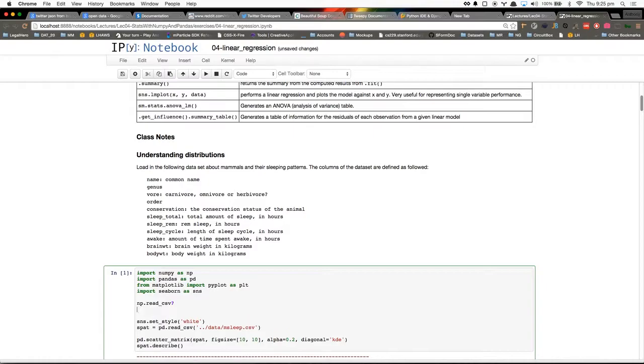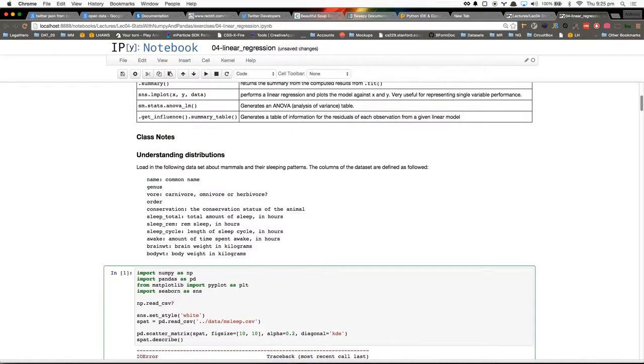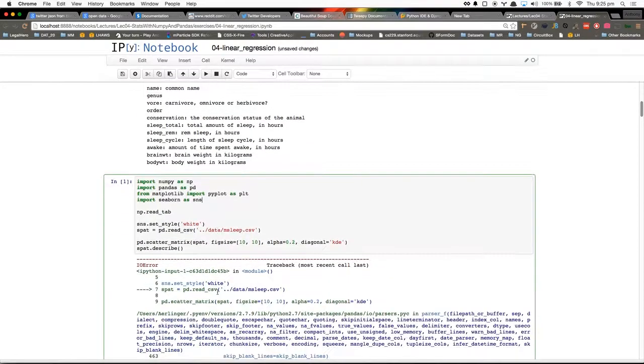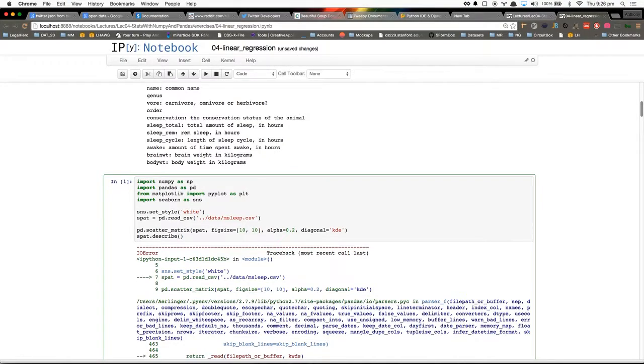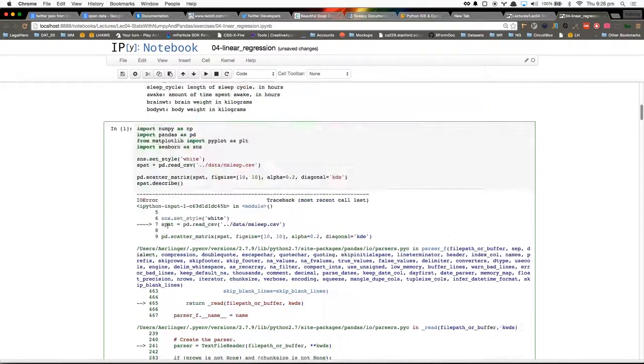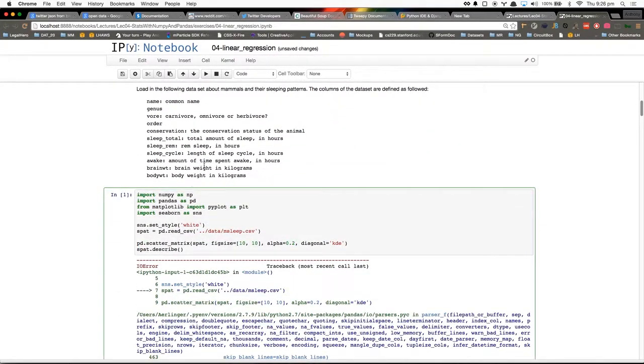I can also do a question mark, or Shift Tab to get documentation. I don't know why it's giving me an error.